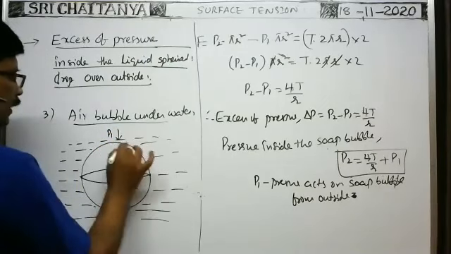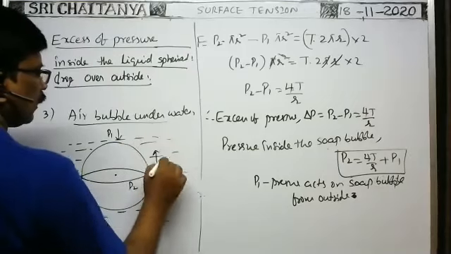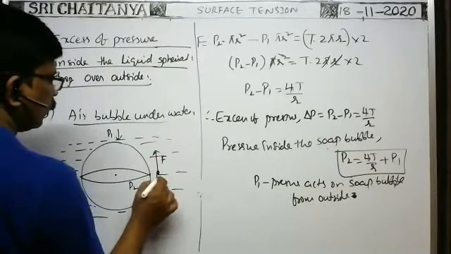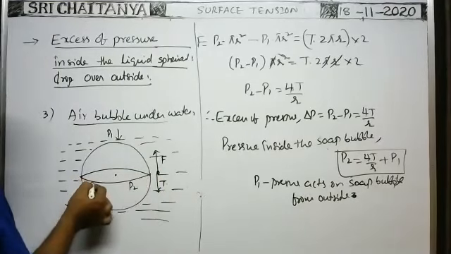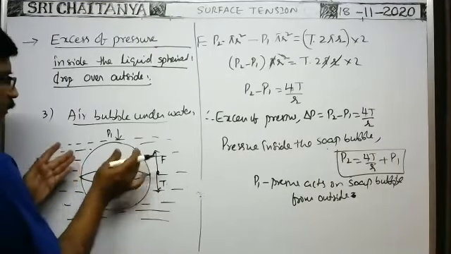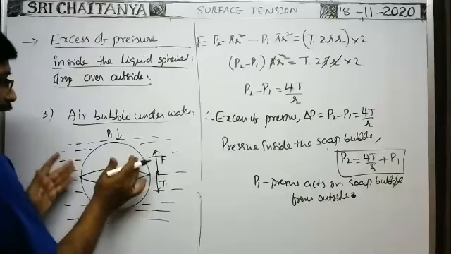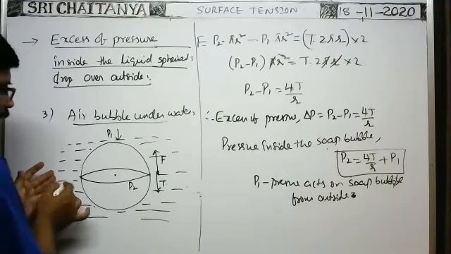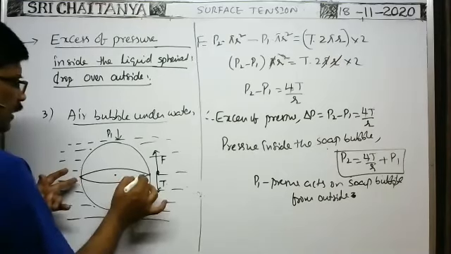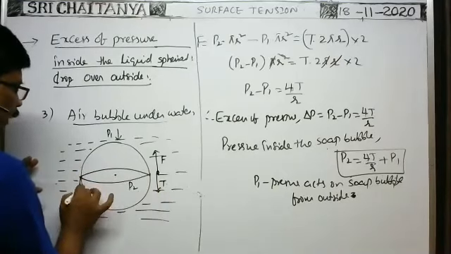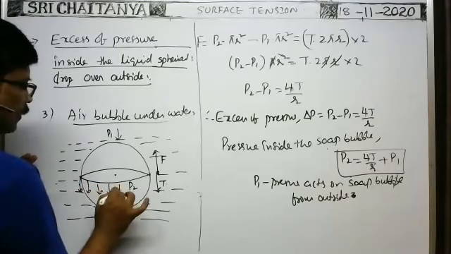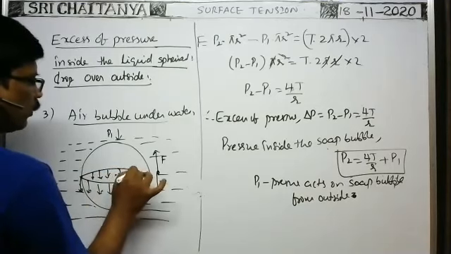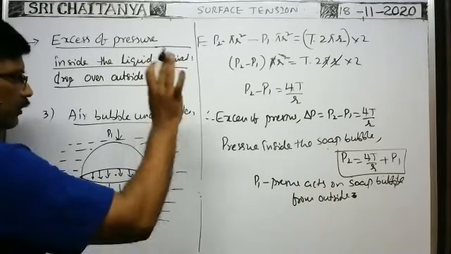So on this bubble, the net force acts in the upward direction, and the force due to surface tension is T into, as it is having only one free surface. The inner surface is the only free surface of this air bubble. Outside, it is in contact with the liquid. That's why only one free surface is there. On this one free surface only, force due to surface tension acts. So don't confuse an air bubble with a soap bubble. These are different. An air bubble is just like a liquid drop.